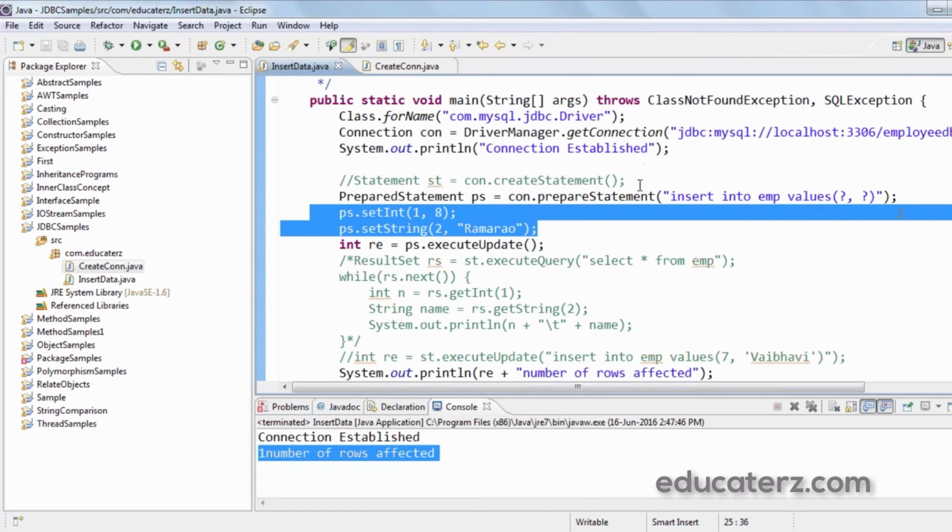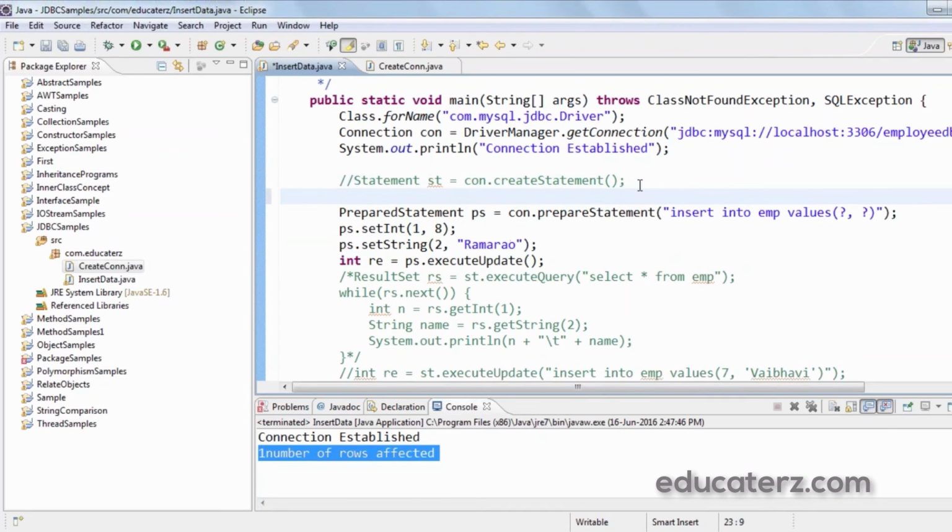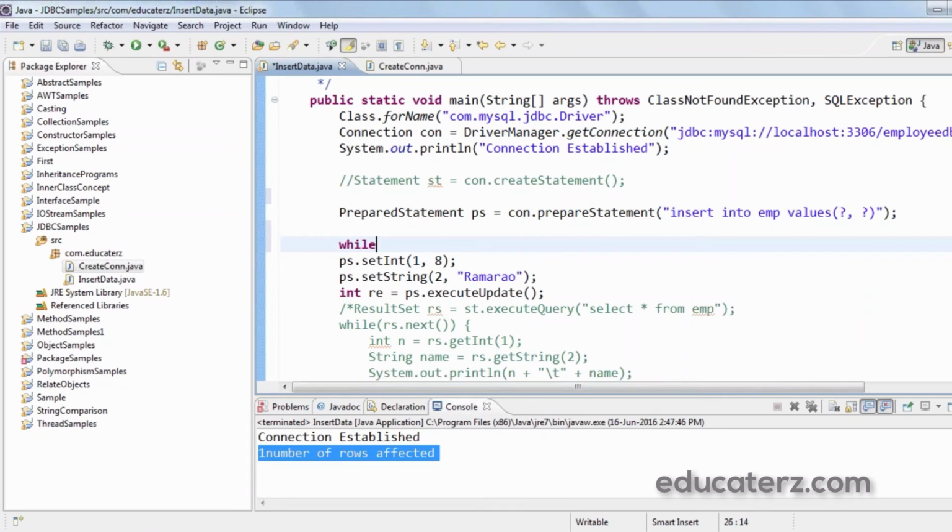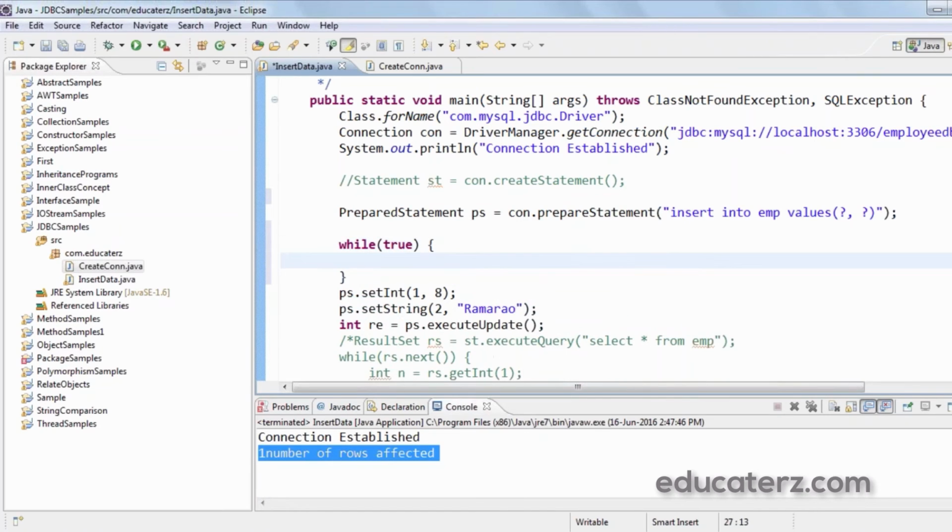For that, I will ask the user, like while true, ask the user first for the EMP number.